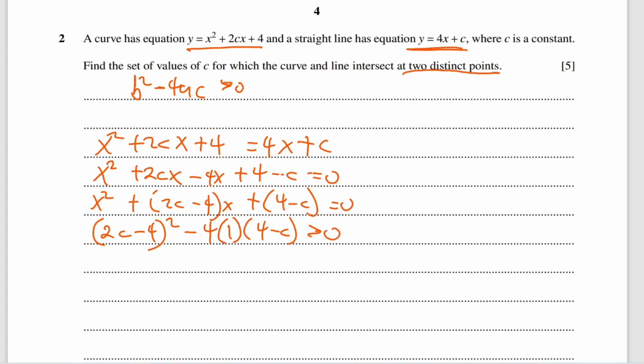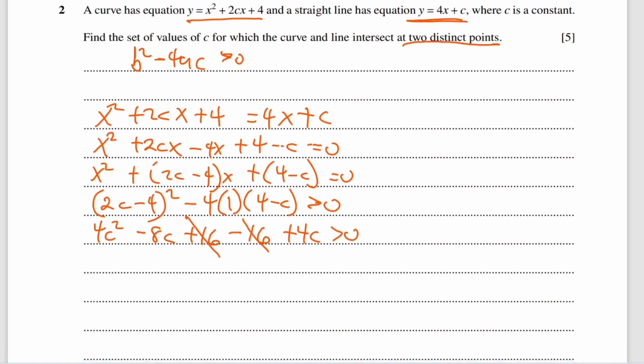Okay, so once we do this, we can expand. And then when we expand, we are going to have plus 16. And then this is negative 16 plus 4c is greater than 0. So these two will definitely cancel out. And then we are going to have 4c squared minus 4c is greater than 0. So we can pull out 4c. And then we have this minus, I think minus,